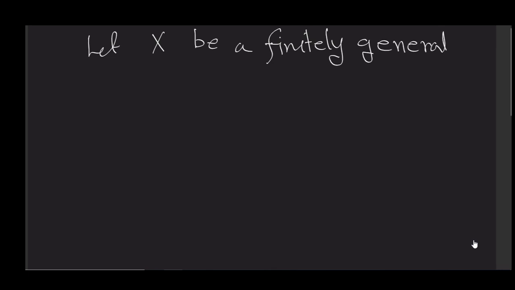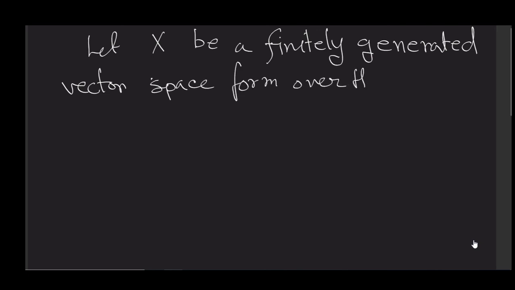What it states is that, let me write it completely: let X be a finitely generated vector space formed over the field K, then X has a finite basis